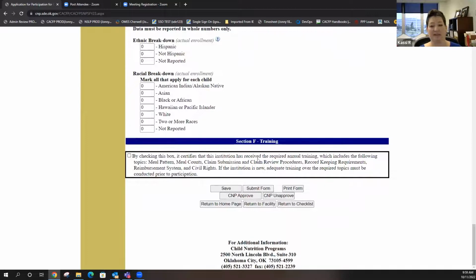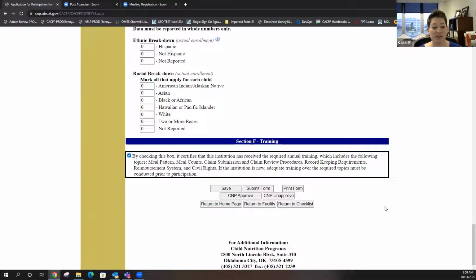Those of you that are single-sided, because I'm in a multi-sided one right now, you have a separate section for your ethnic racial breakdown, and that's for your potential eligible beneficiaries. If you don't know what to put there, call your local school. That's just something USDA makes us report. You have to put the ethnic and racial breakdown of your area. If you can't get a hold of someone at your school, you can go on Hometown Locator or just give us a call and we can look it up for you. It's one of those things we have to report because they say we do. So if you don't know what to put there, holler at us. We'll get you some numbers.